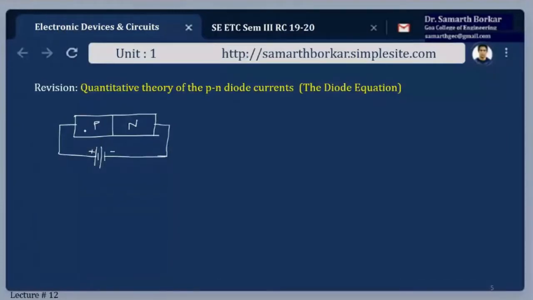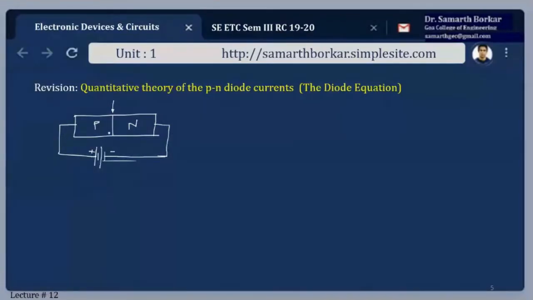The holes are the majority charge carriers here, and here the electrons are the majority charge carriers. Now on account of this positive end, all the holes will be repelled, and on account of this negative terminal, all the electrons will be repelled. So they will be pushed towards this junction, and then this barrier potential or the junction width will keep on decreasing. Fine. Now, as we all know, in semiconductors, the current is due to both holes as well as electrons, whereas in the external wire, the current is always due to electrons.